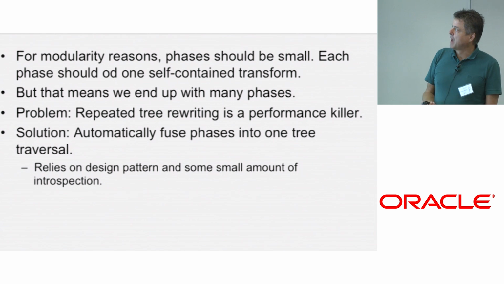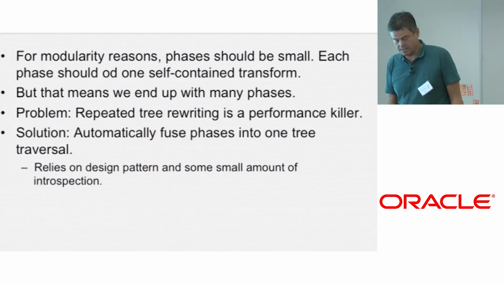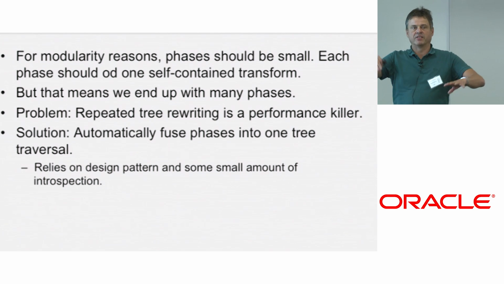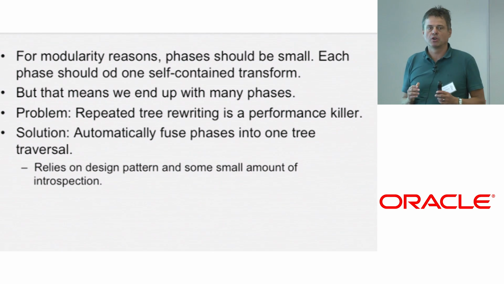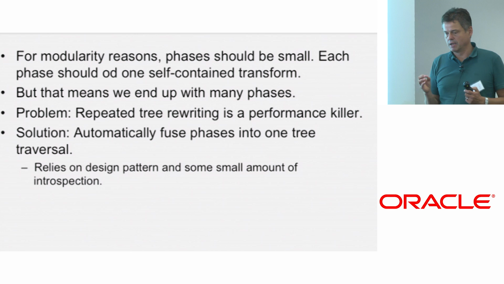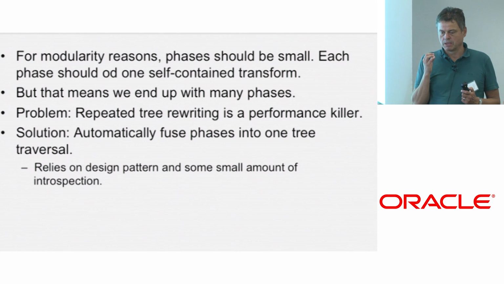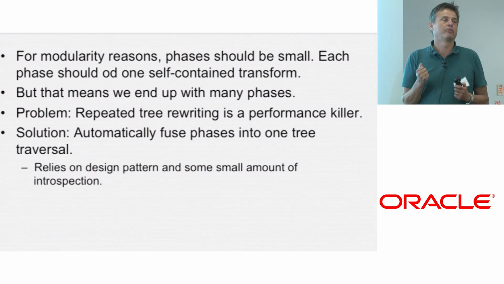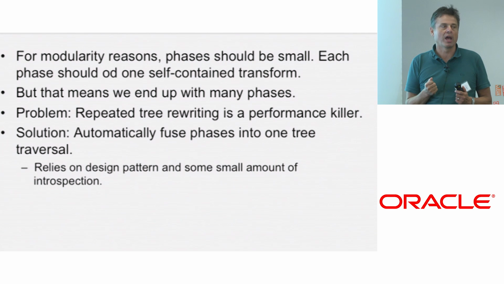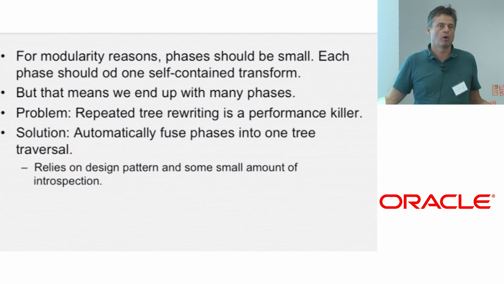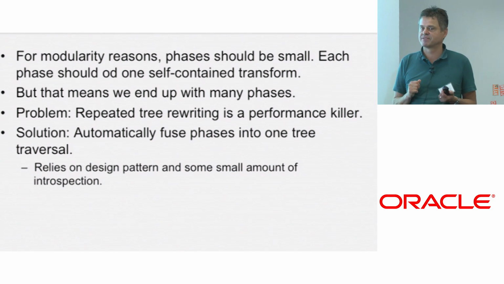Another idea that helps a lot, I've shown you these phases, like 50 phases. It actually turns out that a lot of the performance problems of a compiler stem from memory locality. If you have a large program, then your trees won't fit in any cache, so they will definitely be in main memory. And if your transformation pattern is essentially full tree traversal, generate new tree, you have cache misses all along. So that's very bad.